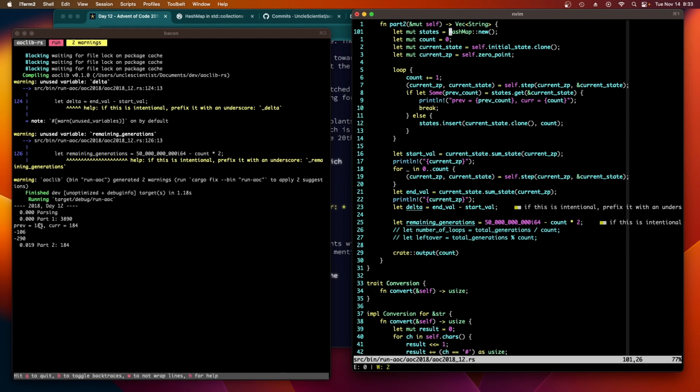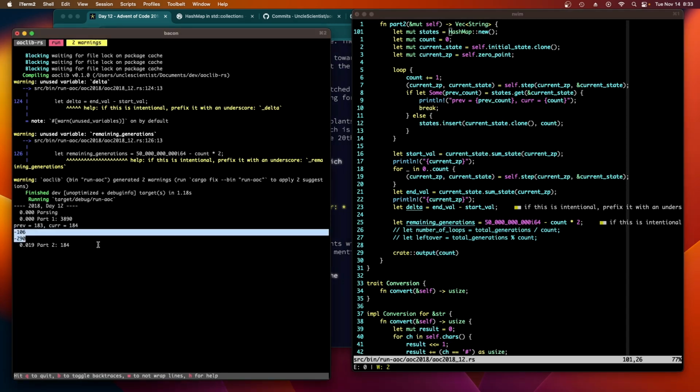Wait a minute. That means we've reached a steady state? That doesn't make sense because we have this. Oh, it must be moving. It must be moving one. Okay, it's probably at a different